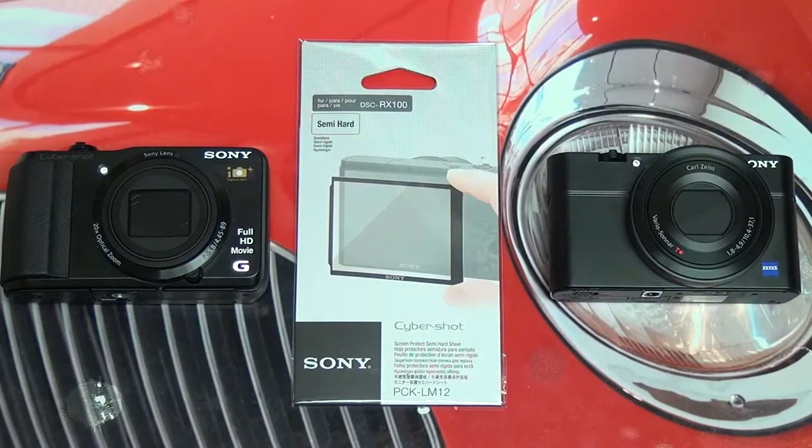Hey everybody, Ed here with the Digital Digest, and today I wanted to give you guys a quick look at the Sony Cyber-shot PCK-LM12. So this is a semi-hard protective screen cover designed exclusively by Sony for the RX100, very